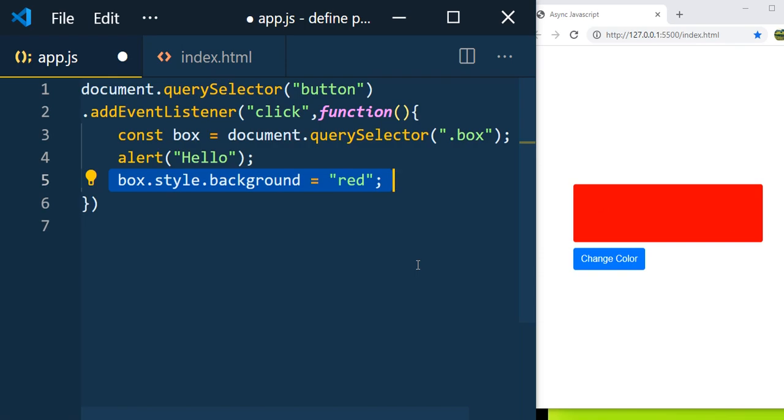And here we can see that alert box, but normally we have some tasks that run in the background which will take 5 seconds or 10 seconds of time, and in that case the rest of the code has to wait until it completes its task. So to avoid this, we have the concept called asynchronous code. So let us see what is asynchronous code and how it works.